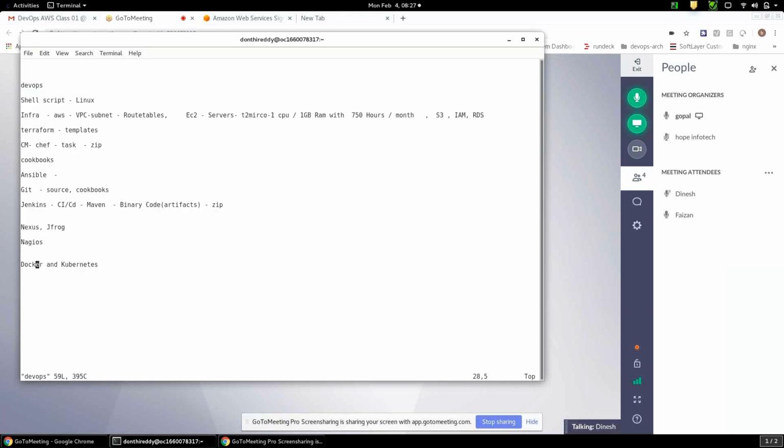Clear? Okay, Gopal, one question. The entire syllabus which you showed us, everything you are going to complete in 45 classes, right? No, it may take 45 hours. Sometimes it may go to 50 as well, so it's not a fixed 45. But mostly I'll try to complete it in 45.